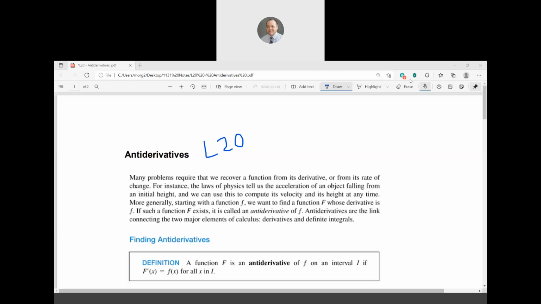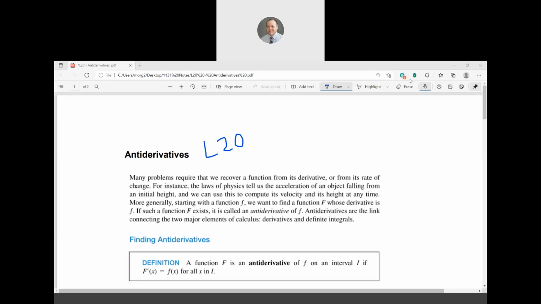There would be some cases where you're given the derivative, like for example, if you're given acceleration and you have to go back and find the velocity and the original position equation. So if you have to recover a function from a derivative,